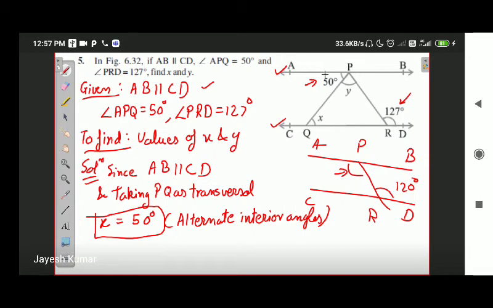So this whole angle is the alternate interior angle. Which angle am I talking about? If you see in the diagram, this is the whole angle that I am talking about. The value of this whole angle should be equal to 127 degrees. Okay. So what does it mean? This means that 50 plus y should be equal to 127 degrees. 50 degrees plus y should be equal to 127 degrees. Okay, so we'll write it down.